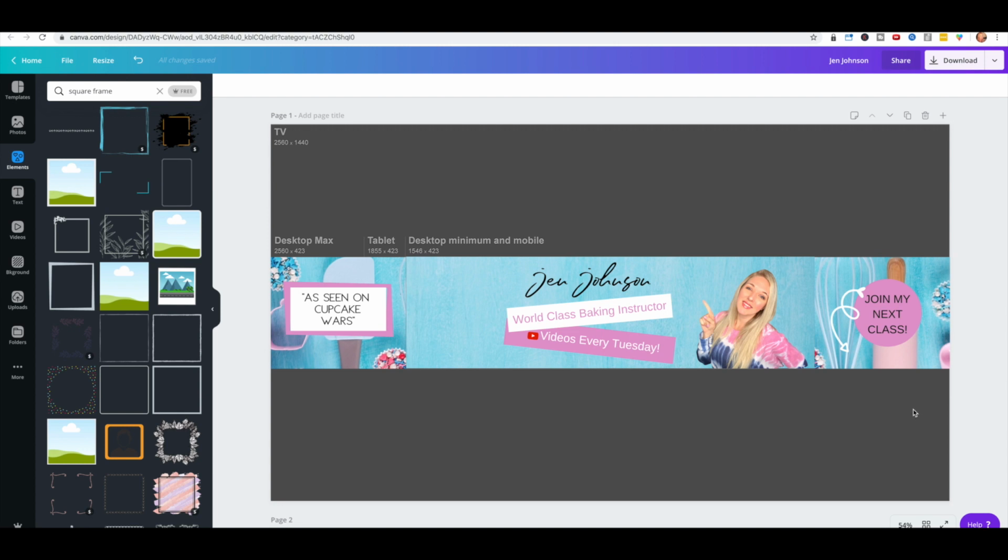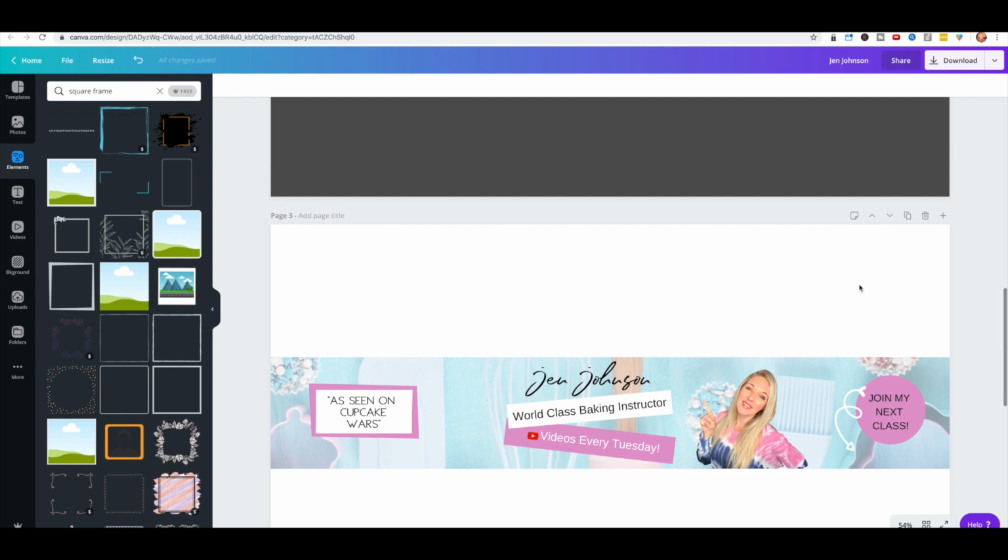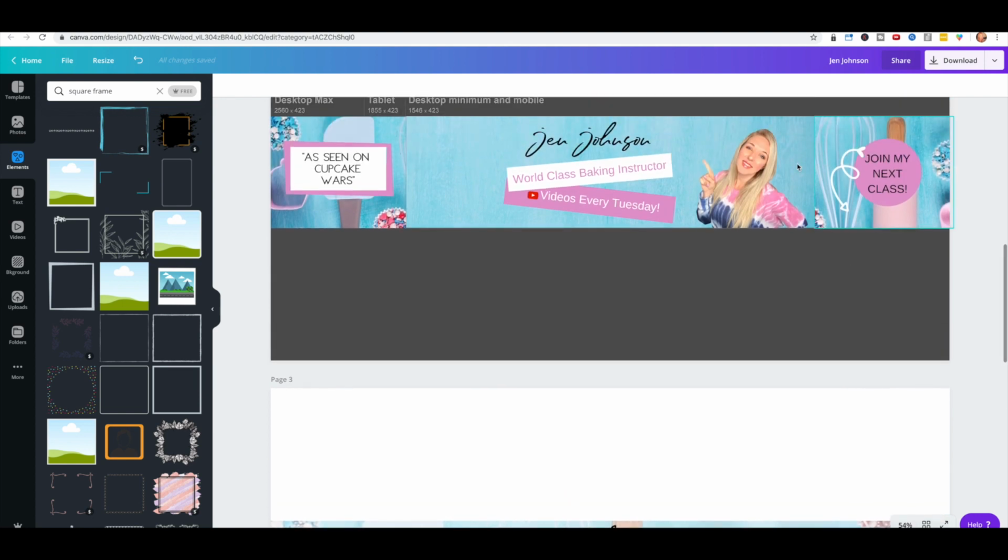Now that I have it done, I feel like it looks a little choppy. The background's not very smooth. But rather than starting over, what you can do is duplicate this, and then you can just eliminate that element, which is what I did down here. I decided to just make it all one picture so it flows a lot better rather than it being chopped